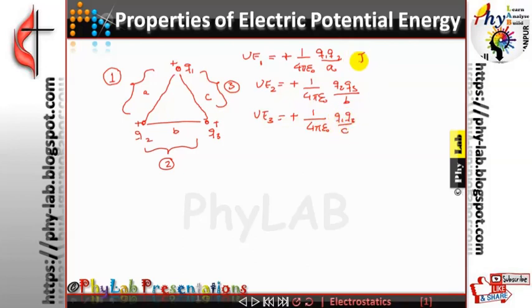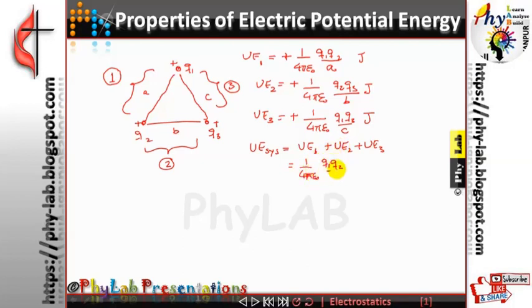Now potential energy will all be expressed in joule, and potential energy is a scalar quantity, so the net potential energy of the system will simply be the algebraic sum of potential energy between each pair. So potential energy 1, potential energy 2, potential energy 3. So putting it over here, 1 upon 4 pi epsilon naught